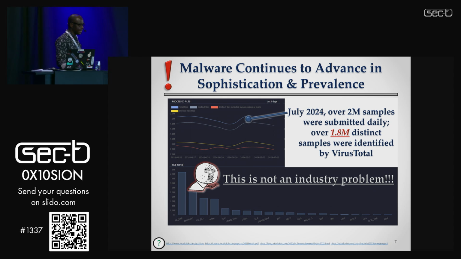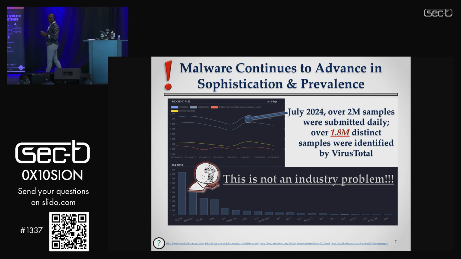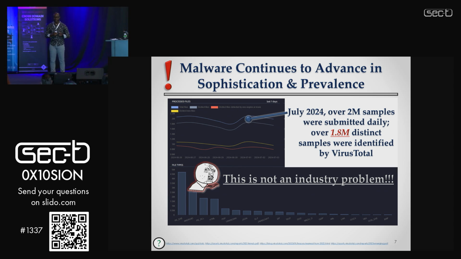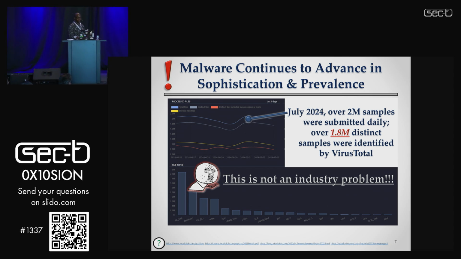Something to keep in the back of our mind is how often our antivirus or compliance tools are updated in order to keep up with this trend of nearly 2 million unique samples created every single day. So overall, it's not an industry problem where we just need to buy some product.